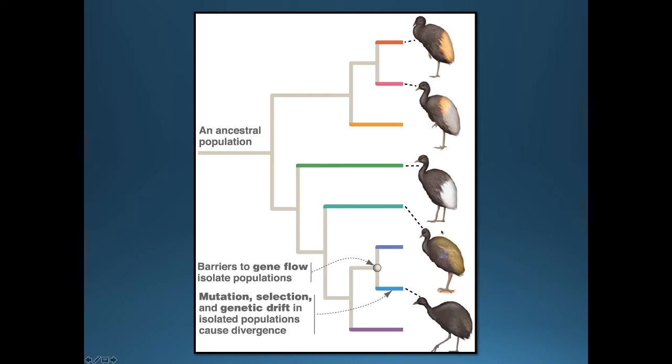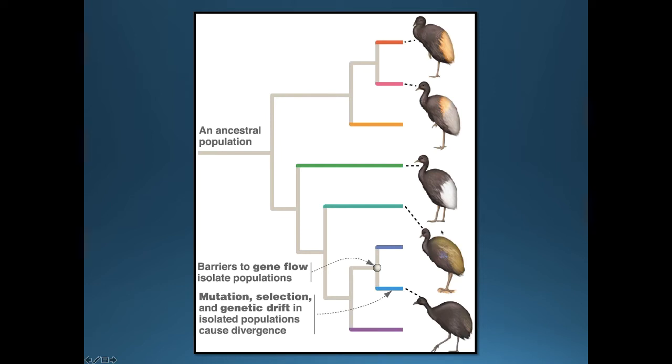So to summarize allopatric speciation, it's important to remember that whether we're talking about dispersal or vicariance, the two populations must become geographically isolated from each other. These two different populations now become genetically isolated from each other because there is a lack of gene flow between those two populations. Then, on top of that, if we see genetic drift or natural selection or mutations, that will help increase the genetic divergence between these different populations, either the dispersal or the